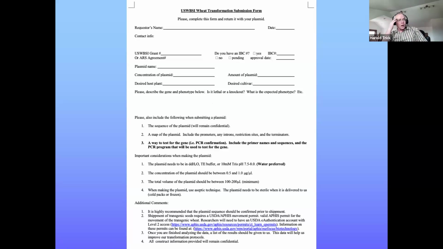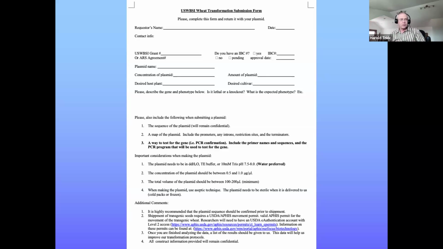With your plasmids, usually there's something called co-transformation. You can either have your gene of interest and your selectable marker on the same plasmid, or you can have them on separate plasmids. So sometimes people are unsure of how to combine those two together. We had the selectable marker, which is BAR or bialaphos resistance, on a separate plasmid. And if you do not have your selectable marker on yours, we'll combine it with ours when we do